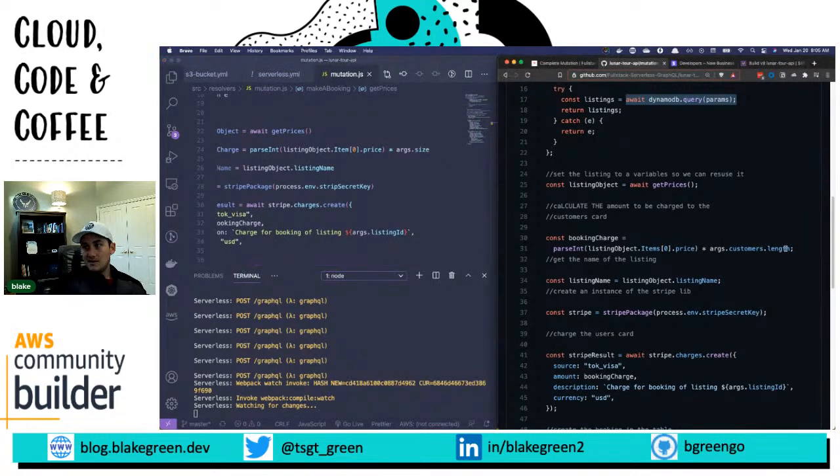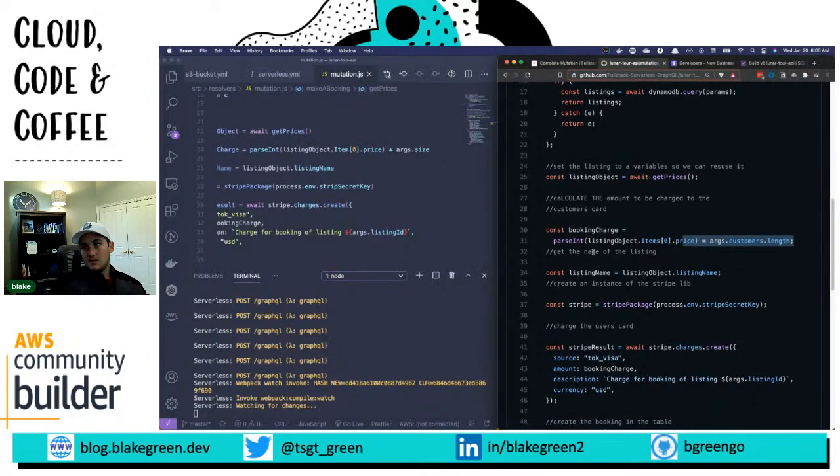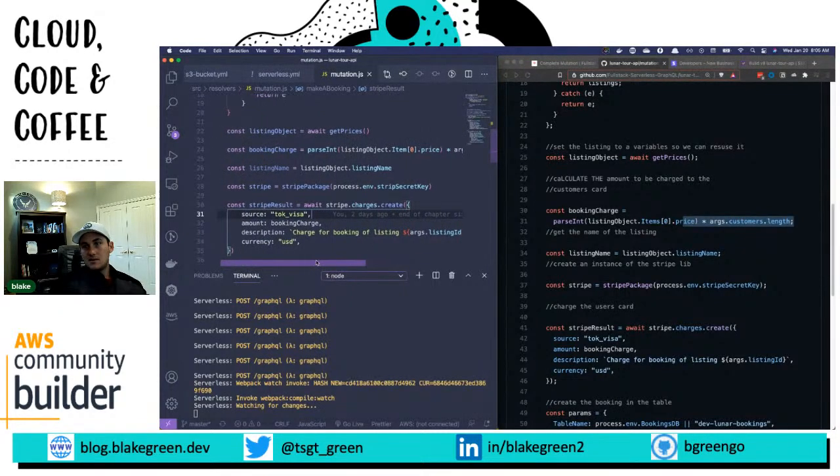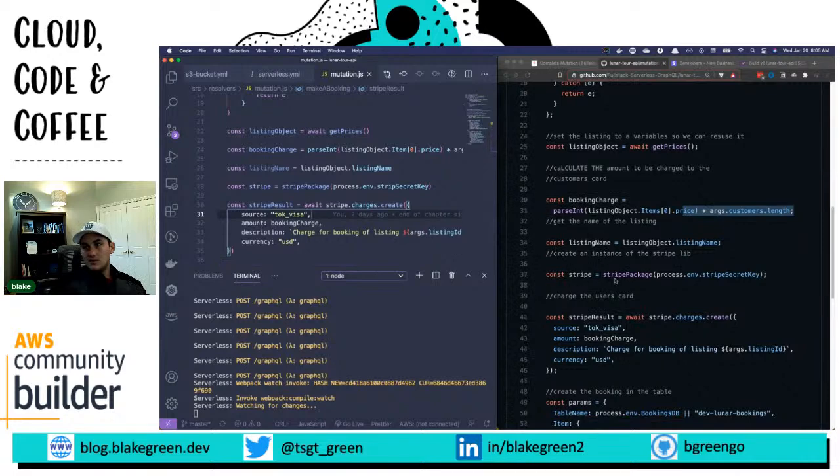So that's different. Well, I guess we're using size, and this size would be the same thing as customers.length, right? Listing name. It's just kind of annoying that this source code is different than what is actually